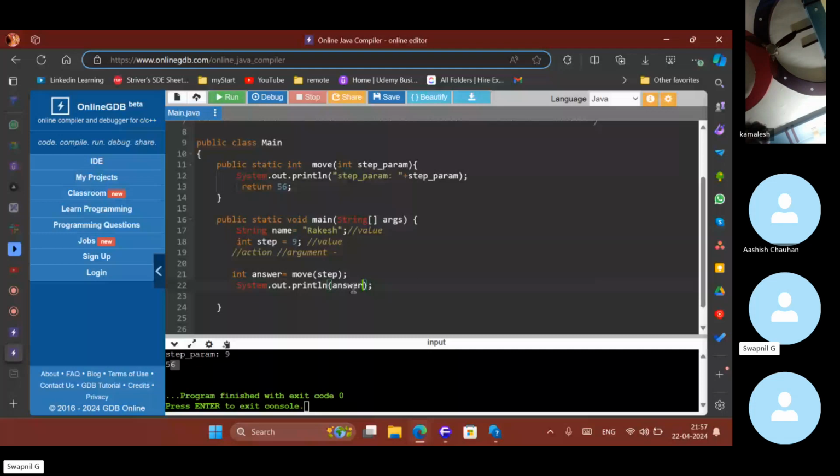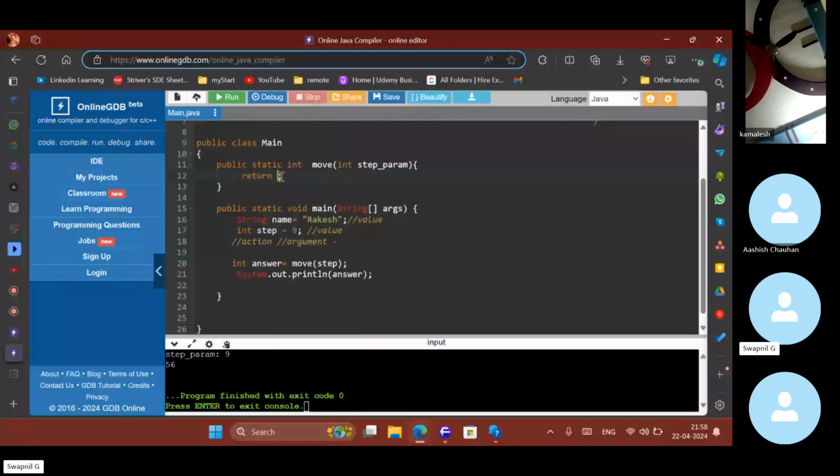But our purpose of doing experimentation is, you might find it hard right now, but when you try it on your own, you will find that even though your code is saying something different, you will easily spot that there is something wrong with this return statement, and that is going to be my answer. No matter what I do, my answer will be the return statement. So if I want to fix it, I have to return this step param.